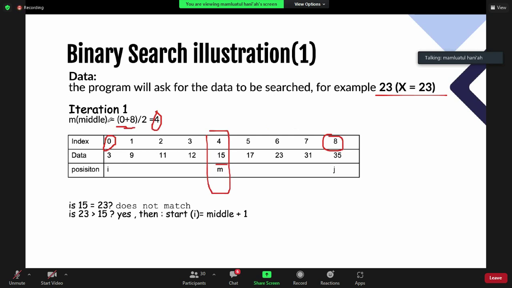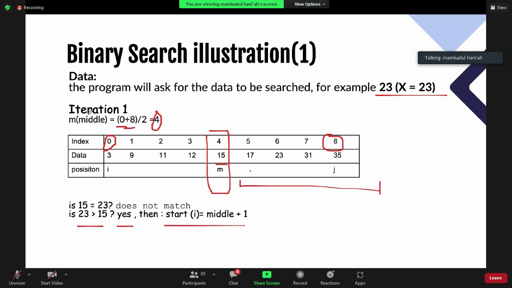And we can compare, is our K greater than our middle data? Yes or not? And then yes, we can start to the right part, gitu ya. And I will set the initial position to middle plus 1.